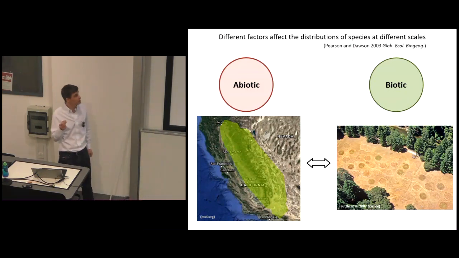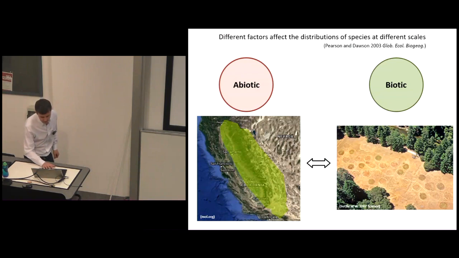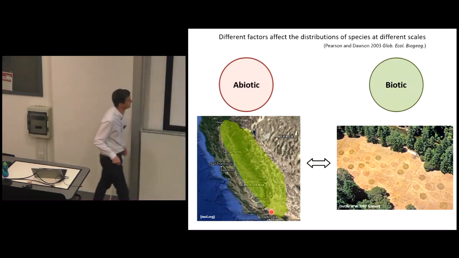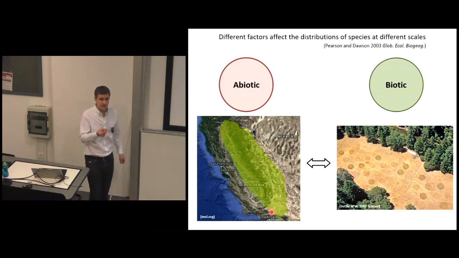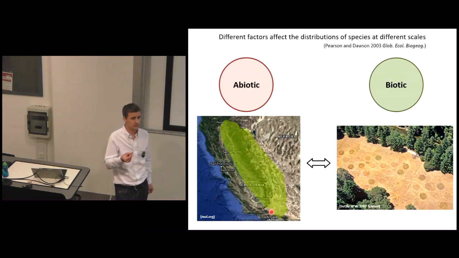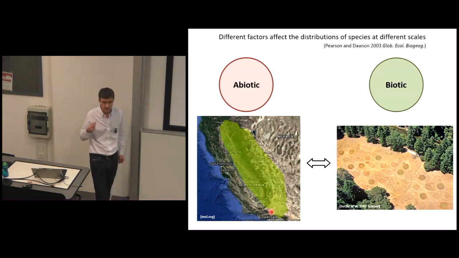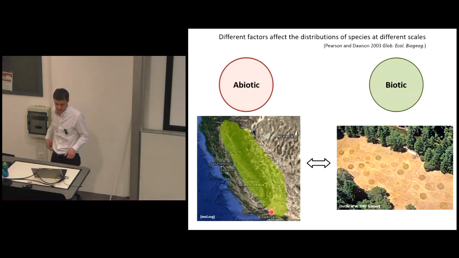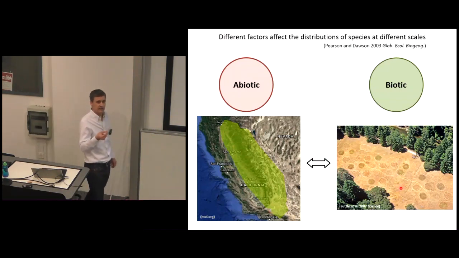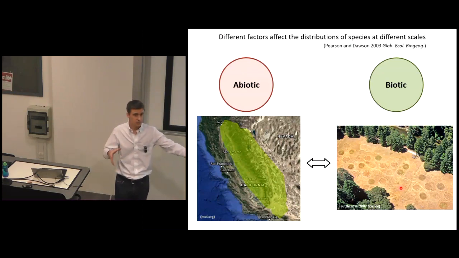So as a macroecologist, I look at this: a distribution of one of the annual grasses in this system across the whole of California. The green area here is just taken from what's known as the Map of Life. And it seems reasonable to think that that distribution is in large part driven by the abiotic environment. It's driven by the precipitation and the temperature regimes in this environment. If you look at Blake Suttle and colleagues' work at just the field scale, what we see is, of course, that it's the biotic environment that's really key.